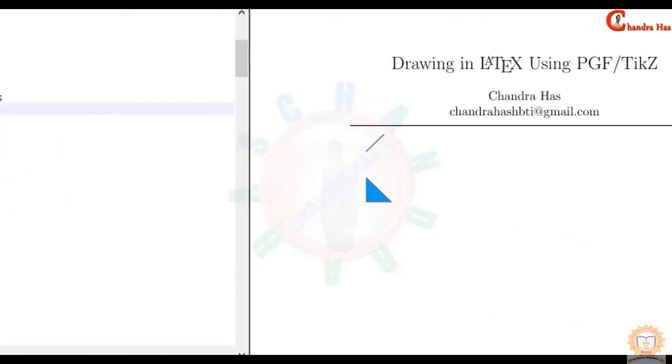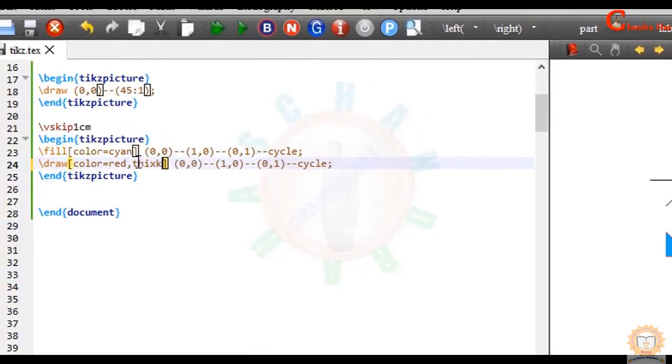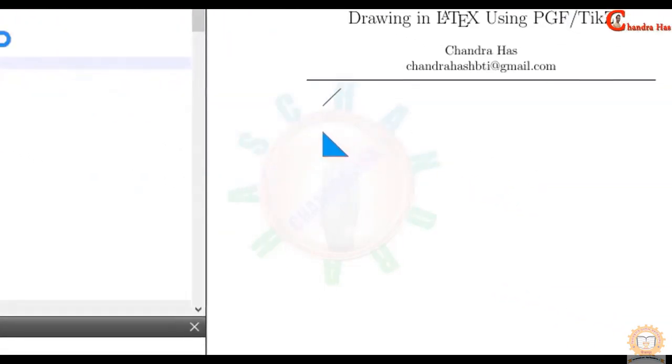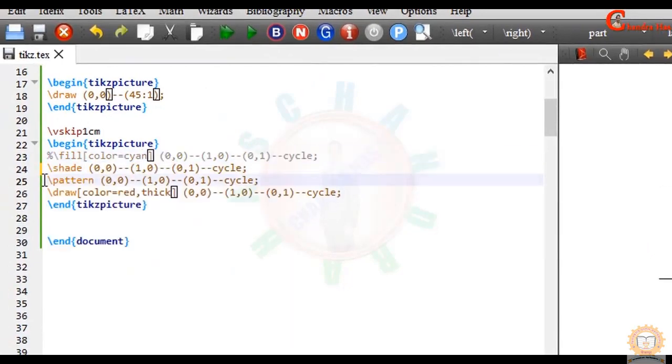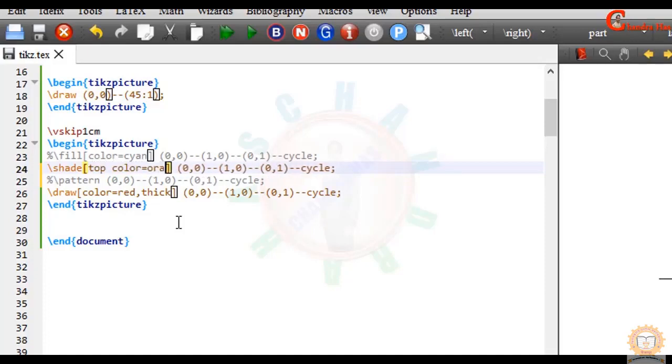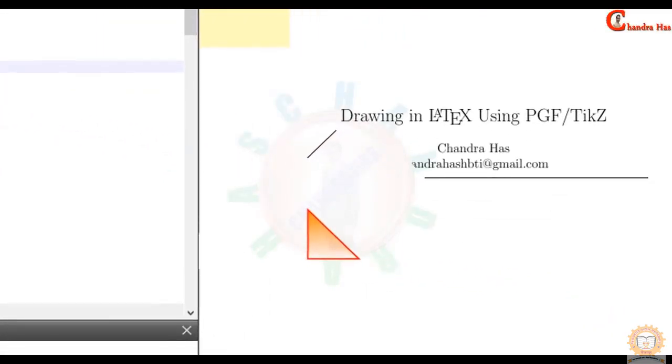I want to use a thick border, so I'll write here thick. These things we have already seen in the third part. Okay, alright, I'll again paste. For shading I want to use the orange color, so I'll write here top color. Several types of shading options are there which we have already discussed in the last part. Okay, alright.